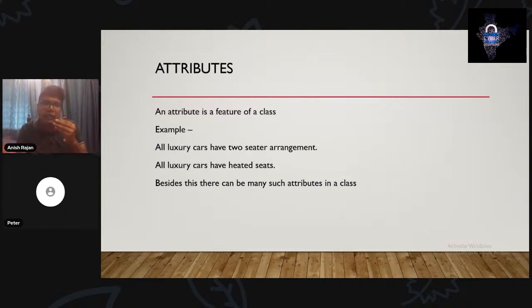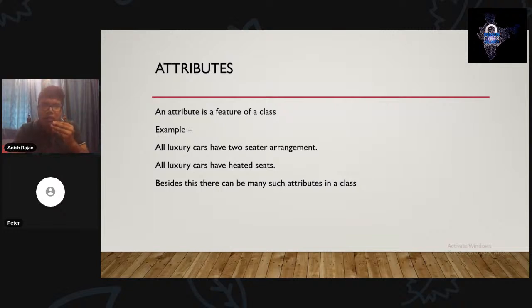All luxury cars have heated seats. So heated seat is a feature of luxury cars. Cars are objects which have been created from the class, as I mentioned earlier, and these objects have these attributes, that is the features. This luxury car has heated seats, or a two-seater arrangement, or different attributes. Obviously a class can have many attributes.